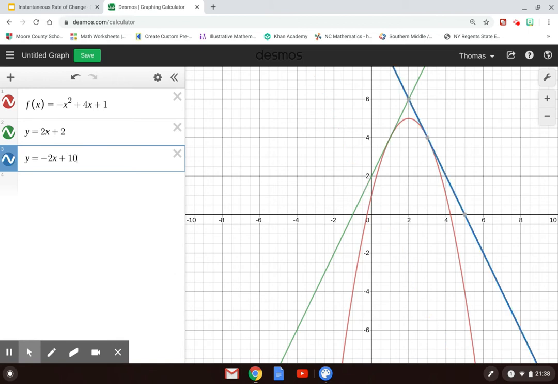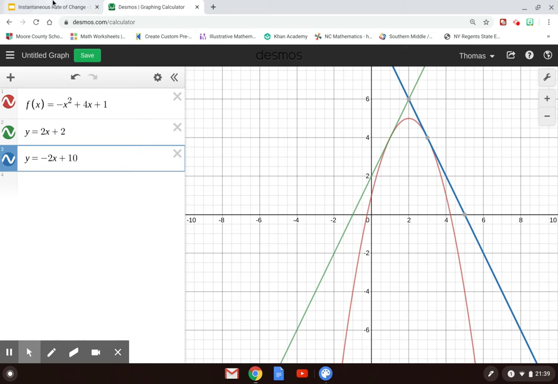And so what you just did is you just used the derivative of a function to find the instantaneous rate of change at multiple points along this particular parabola. So that's the purpose of the derivative: the derivative allows you to find that instantaneous rate of change, the slope of the tangent line, and to write the equation of the tangent line without developing all those intervals like we were having to do on our previous